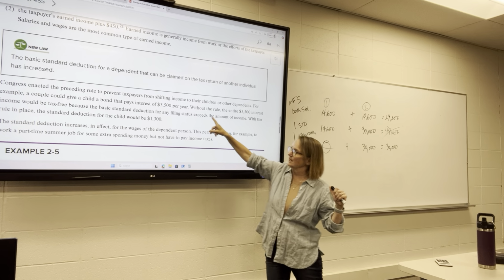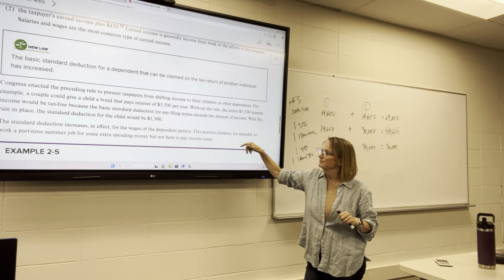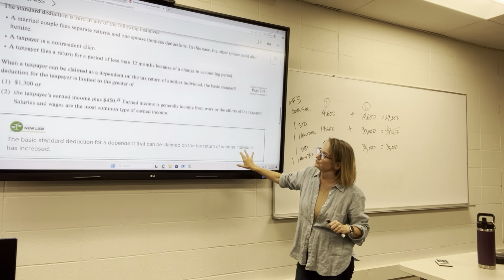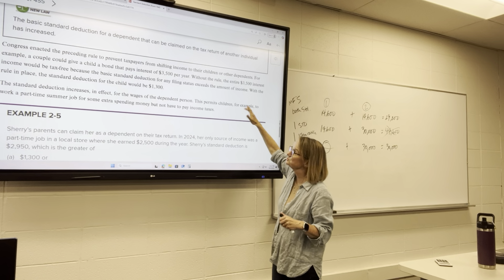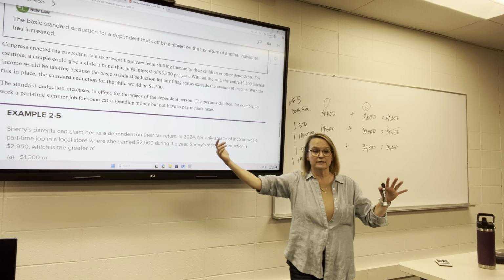In this example, the child doesn't have any earned income. So it would be the greater of $1,300 or $450, so $1,300 is their standard deduction, which means the child's gonna pay tax on